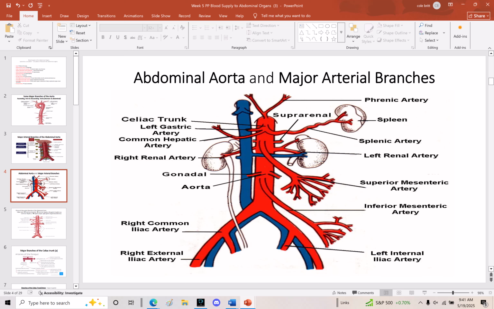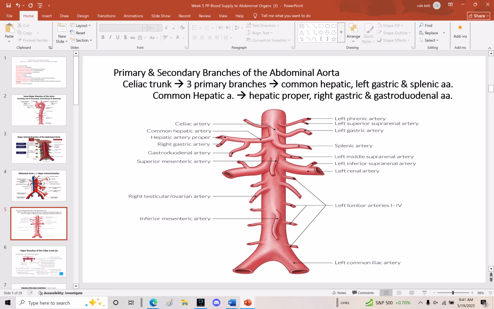So, let's hop down. All right, so now let's look up here at our celiac trunk arteries. Left gastric artery. That wraps around the lesser curvature of the stomach. Then you have the splenic artery. Splenic artery goes to the spleen, right? Then you have some smaller branches coming off the splenic artery called the pancreatic arteries. There'll be a whole bunch of them. And you have it down here, dropping down to the pancreas. The pancreas is right here underneath the splenic